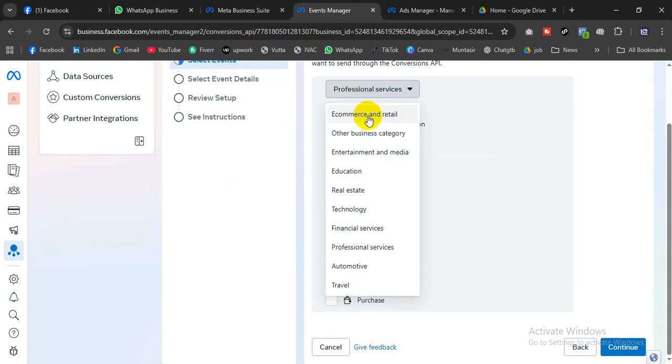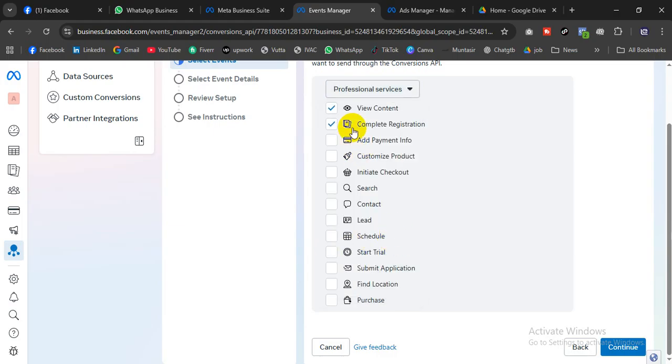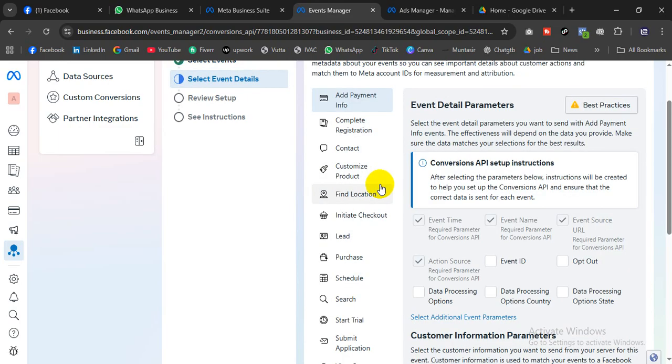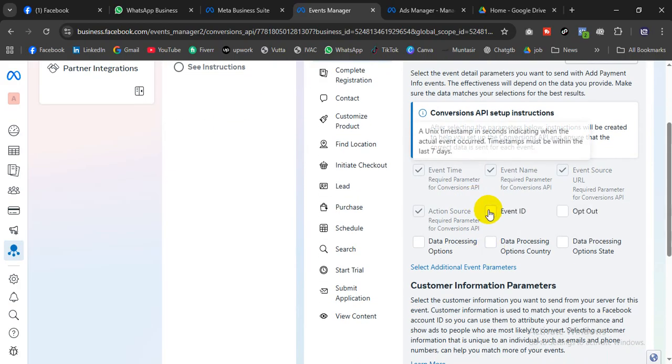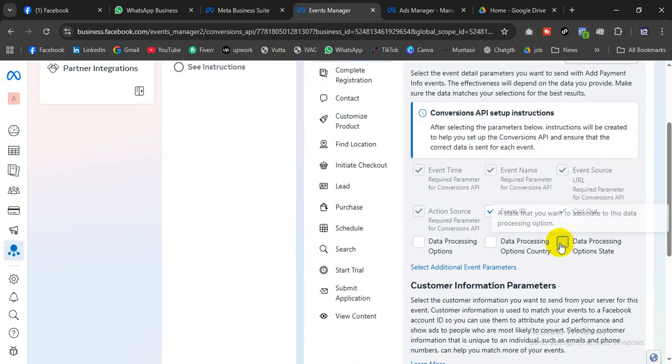Then select your business from here. My business is professional service. Okay, then registration. I'll check mark all this area, and then next. And then best practice, everything I'll check mark.